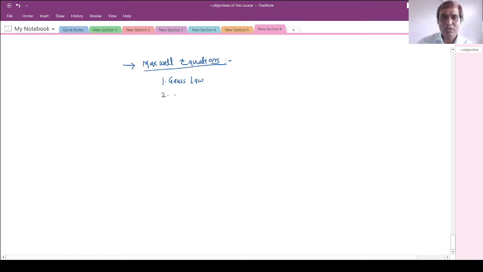Second is the Gauss law for magnetism. Then the third equation is Faraday's law of electromagnetic induction, and the fourth is called the modified Ampere law. Okay,